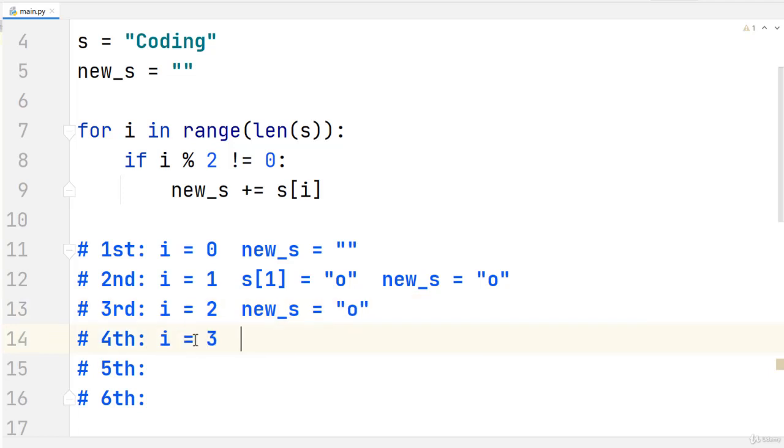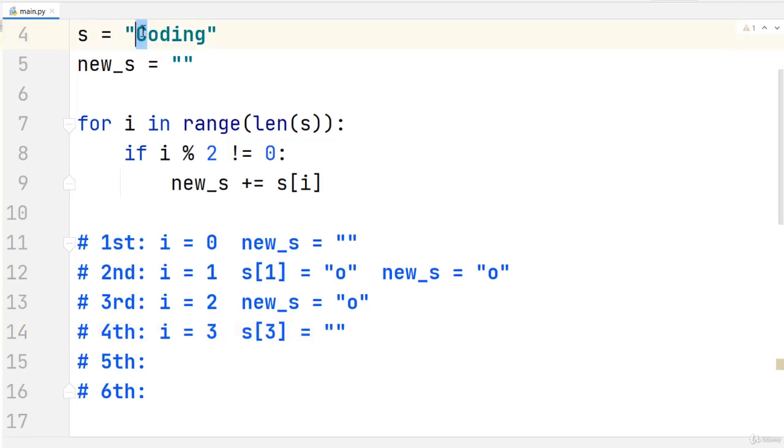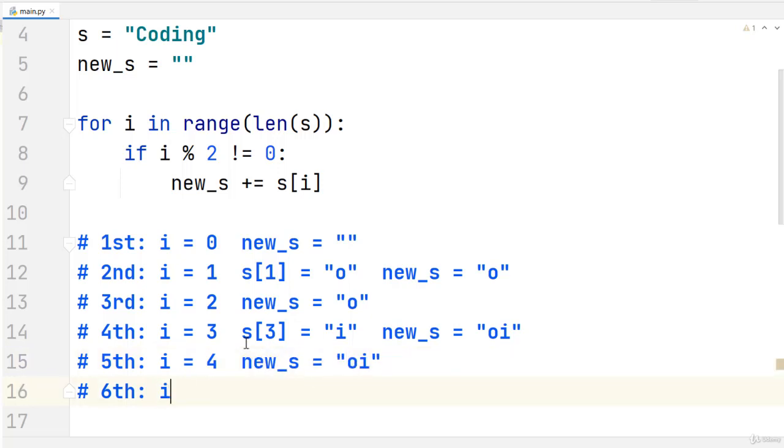After that, we update i to the value 3. Now we take the character at index 3, which is 0, 1, 2, and 3. That would be the letter I. We add that to the string. That would be OI. We update the value of i to 4, but since this is even, we don't do anything and the new string remains intact. And after that, for the sixth iteration, the value of i is again odd, so we take the value at index 5,